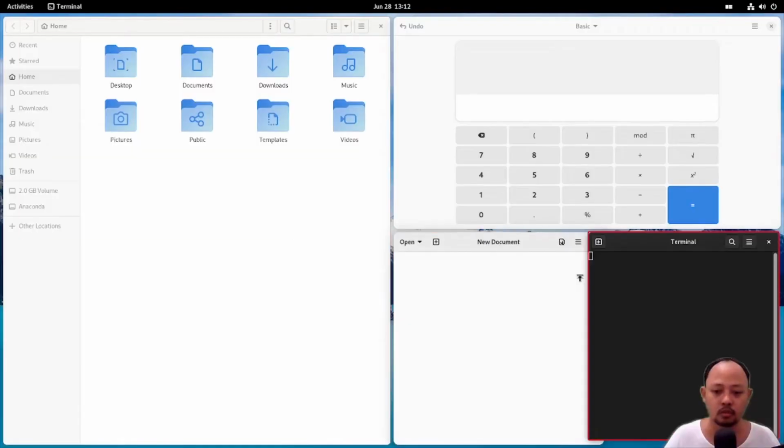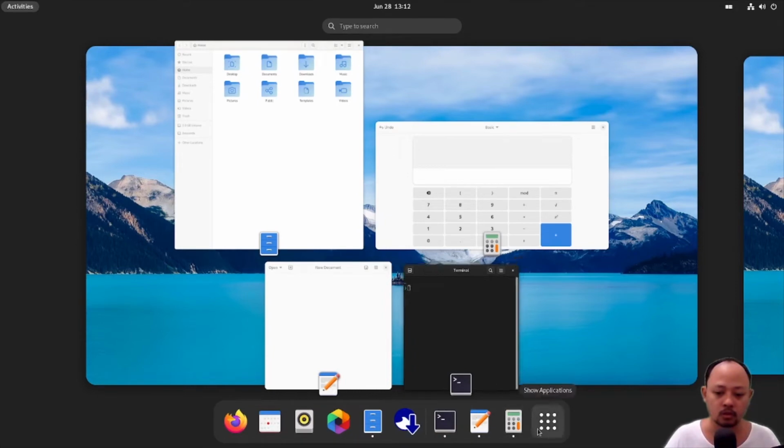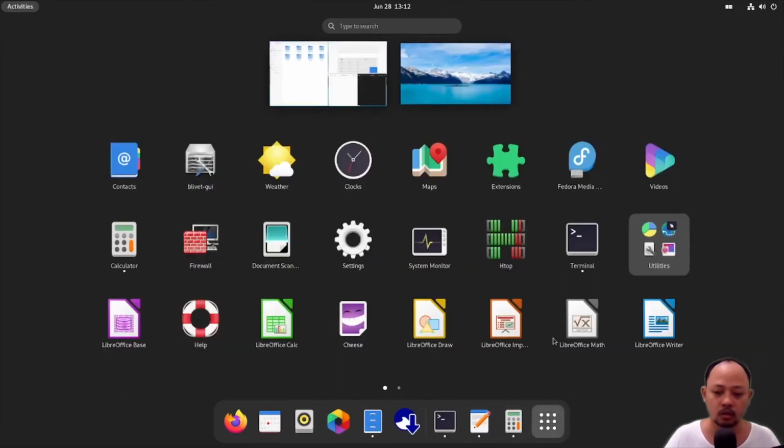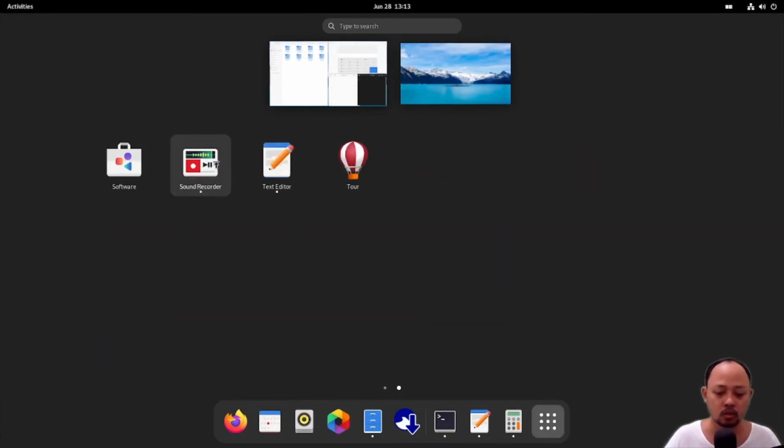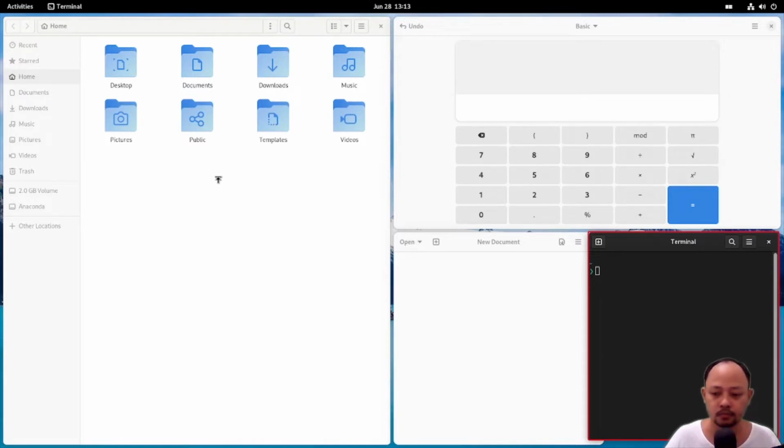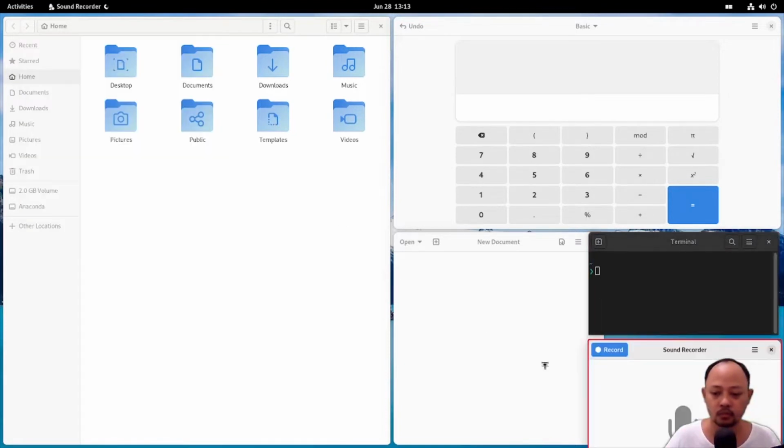Wait, I will open another app, terminal. Okay, so the window manager will arrange the windows. Okay, let's try another app. Maybe I will open the sound recorder. Okay, I see.